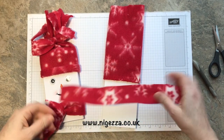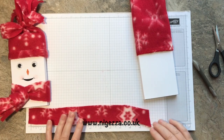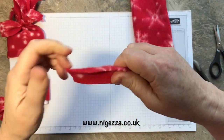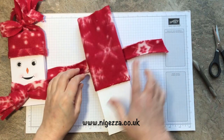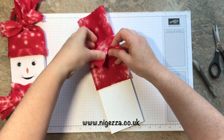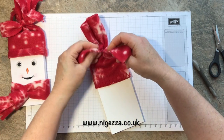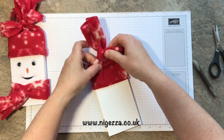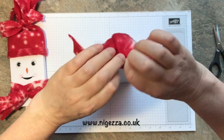So a cut, a strip there. That's about 1 1/4 by 10. So, well, it's more like 12 really, isn't it? By about 1 1/4. And then I just pulled it slightly because it's sort of stretchy. Give it a little bit of a stretch. Put it around there. And then just tied a sort of knot. Pulled it at 90 degrees to where I want it to be, and then it should sit like that quite nicely. Okay, and then these bits that are left,